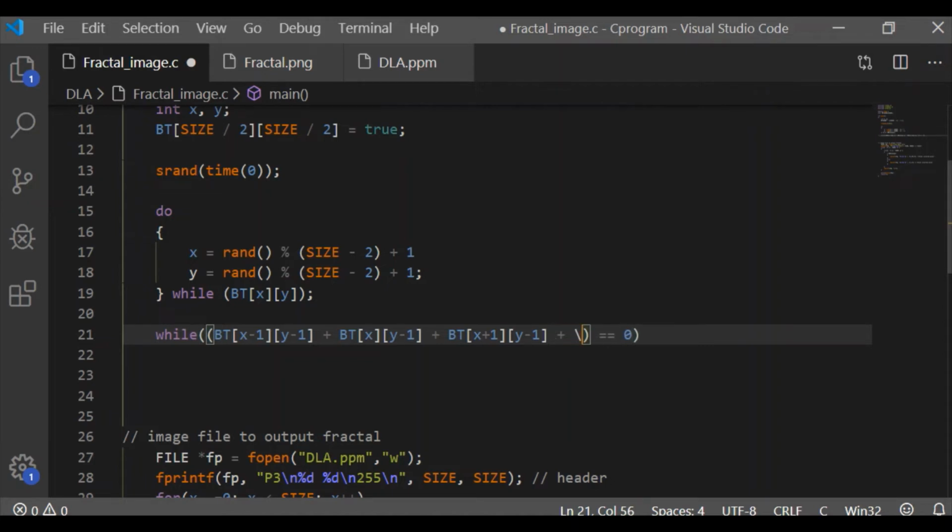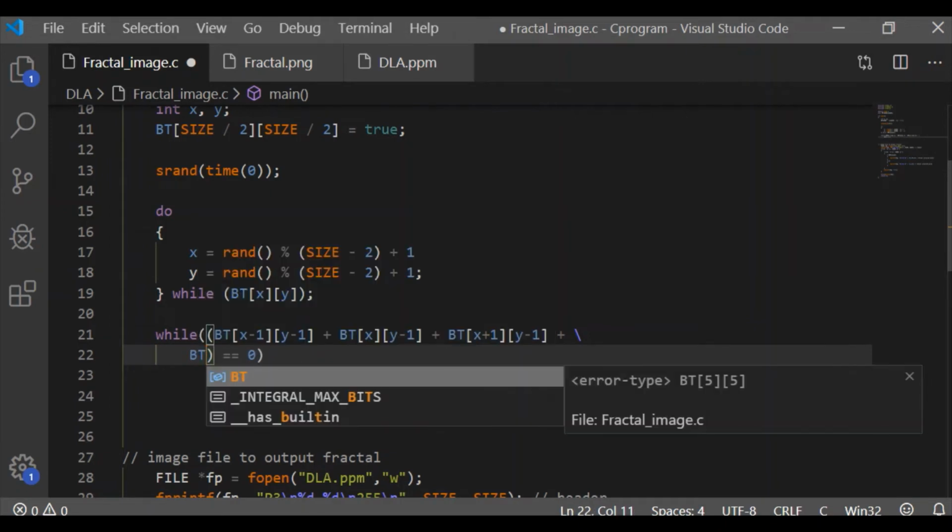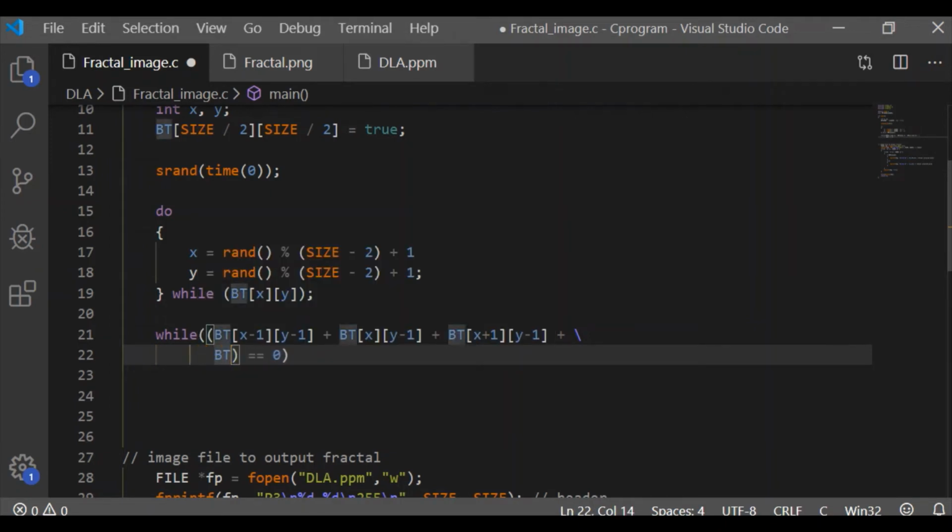So 3 pixels can be neighbors from the current position, and similarly in the same row, one on the left side and one on the right side, that is x minus 1 and x plus 1 in the row y.